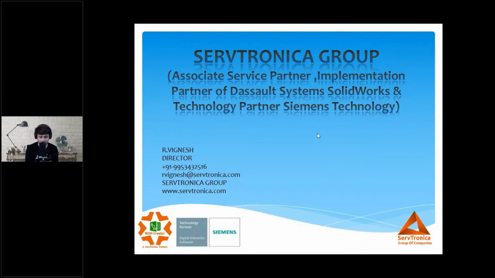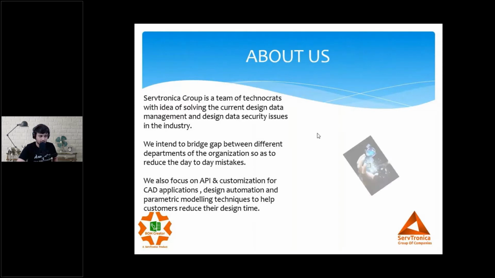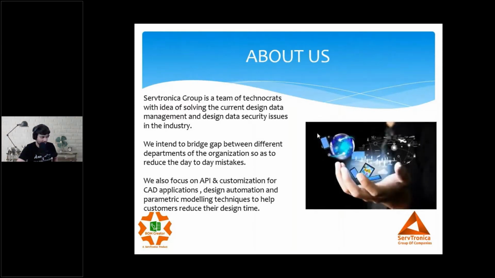So we are basically the service partner and implementation partner for Dassault Systèmes SolidWorks, and a technology partner for Siemens Technology. We began with a very humble beginning, just to identify the gaps in the different departments of the organization.